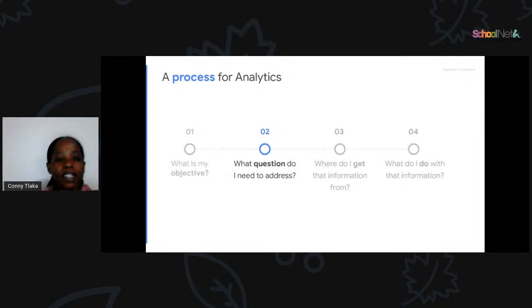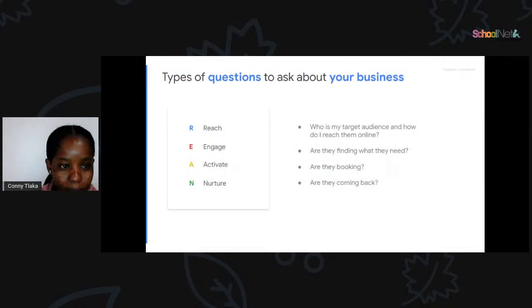The second process for analytics, you need to know what question you need to address. What kind of question do you need to address to your customers? We have a ring. You need to reach, engage, activate, and nurture.